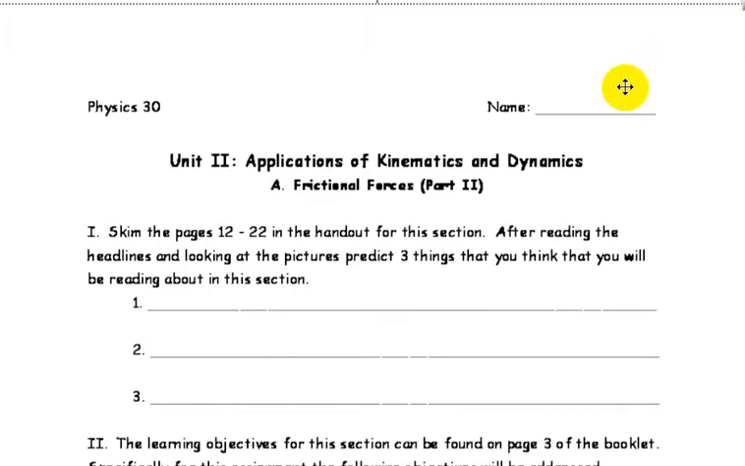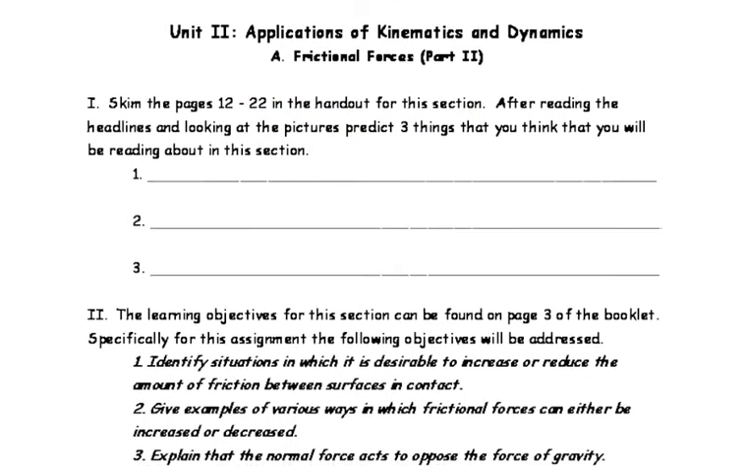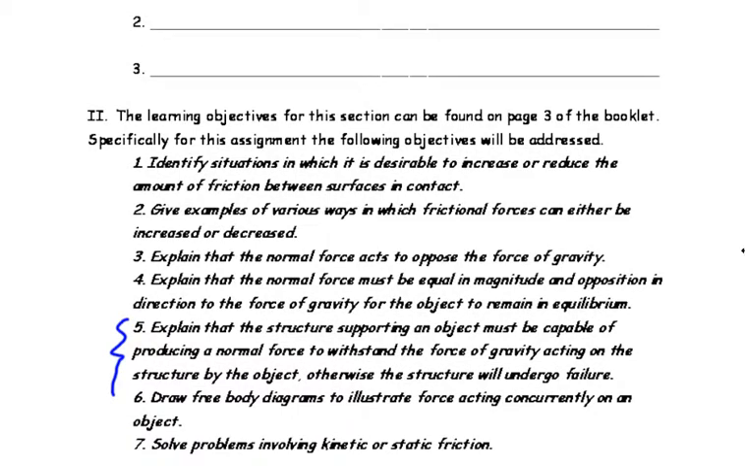Welcome back, Physics 30. This is the second friction booklet, part 2, and it pertains to the duotang pages 12 to 22. So with this one, we'll be looking at situations in which it's desirable to increase or reduce the amount of friction between surfaces in contact, give examples of various ways in which frictional forces can be either increased